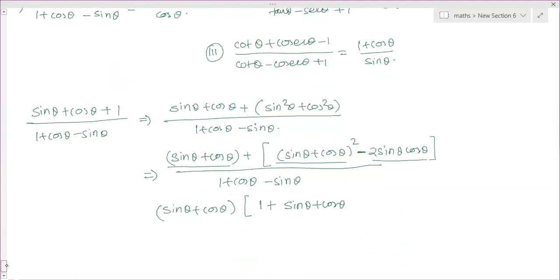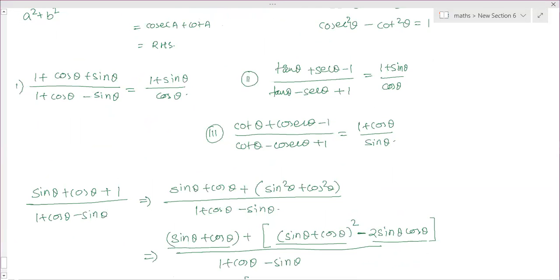So here also we are converting this. Whenever the question is in this form, we need to convert either into tan theta and sec theta or cot theta and cosec theta. So that is dependent on the RHS part. So what is RHS needed here? 1 plus sin theta by cos theta. So if you divide separately, what will you get? Sec theta plus tan theta. So that means you need to convert this into sec and tan.